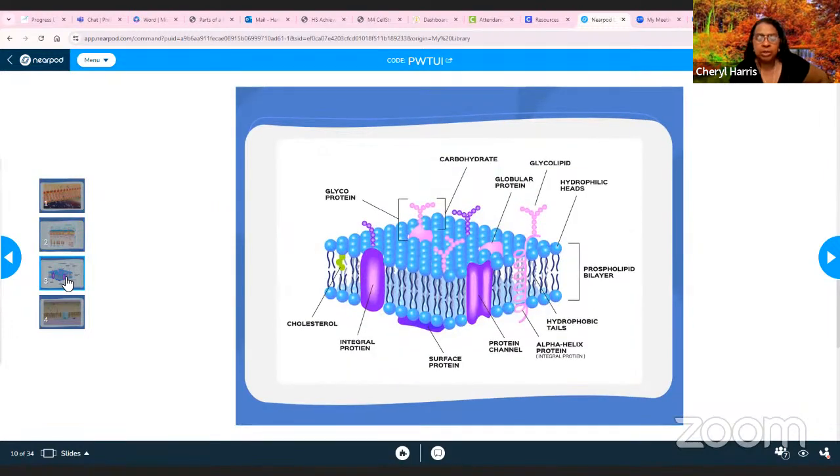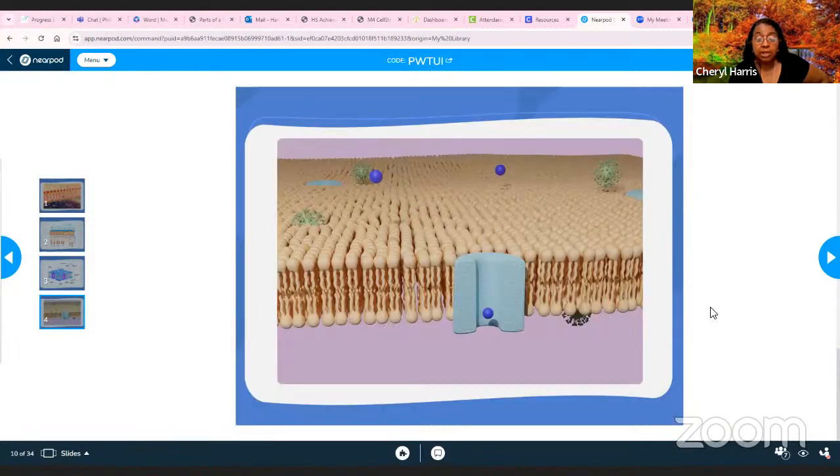The next one is just another version of that. It's showing you that carbohydrates are kind of large, and proteins and fat molecules, and how they're trying to get through the cell membrane. And last but not least is another membrane showing you molecules that are being sent through a channel protein. So that big blue structure is a channel protein.